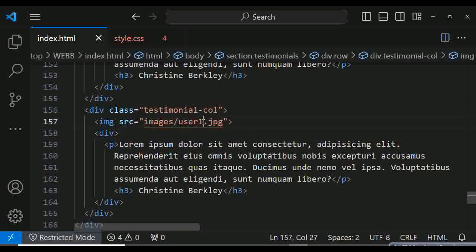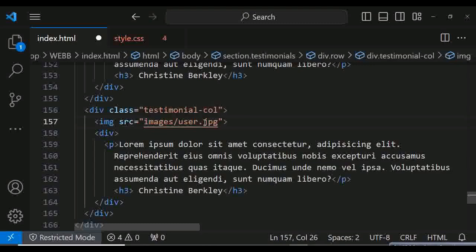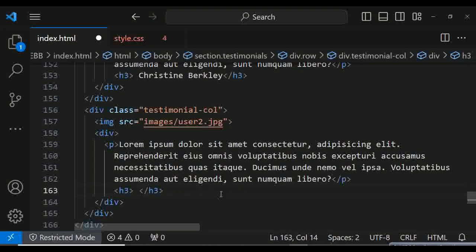So this should be user 2. The user's name is... so I've added 2 testimonials and 2 testimonial names. So the name is